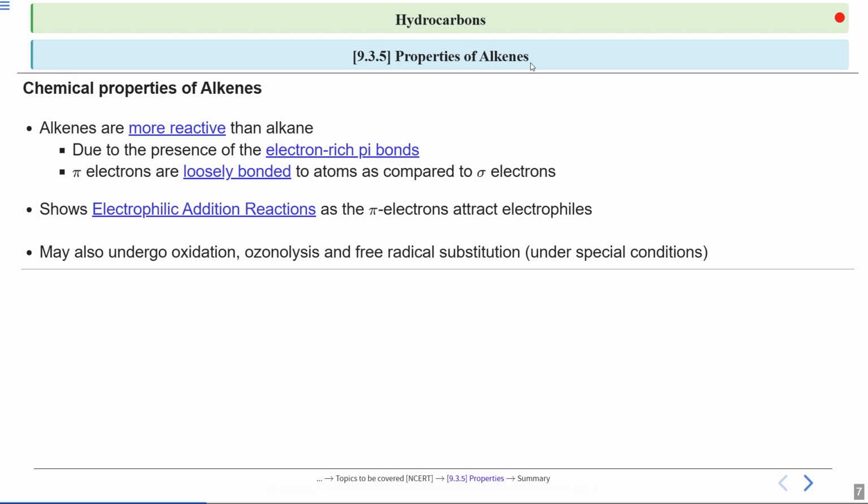would say, the increase in oxidation number. Next we have ozonolysis, which is the reaction with O3 or ozone, and lastly the free radical substitution, which is under special condition. So we will talk about each of this one by one. Okay,